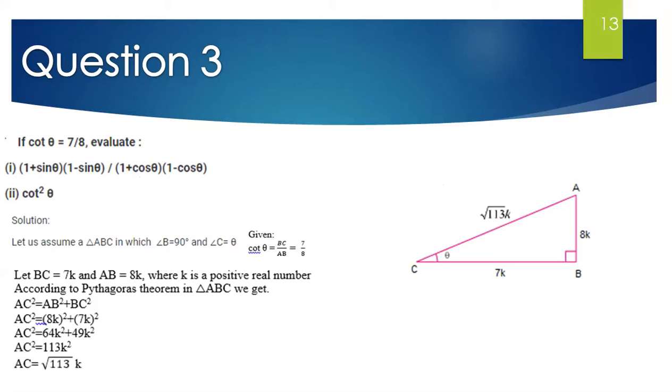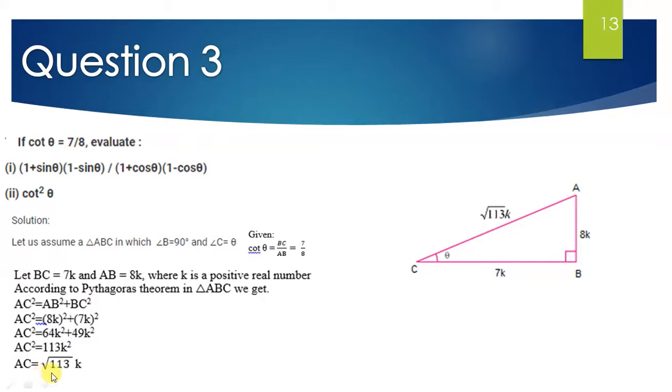So next question, I am given the ratio again. Cot A is 7 by 8. Cot A is side adjacent to angle A divided by the side opposite to angle A. So BC will be 7k and AB is 8k. Using Pythagoras theorem, I will calculate AC, and obviously I have to take it in terms of k as you are given the ratio. After finding it, for the first part I need sin theta and cos theta. So I will find the value of sin theta and cos theta and substitute back in this question, and I will get my answer.